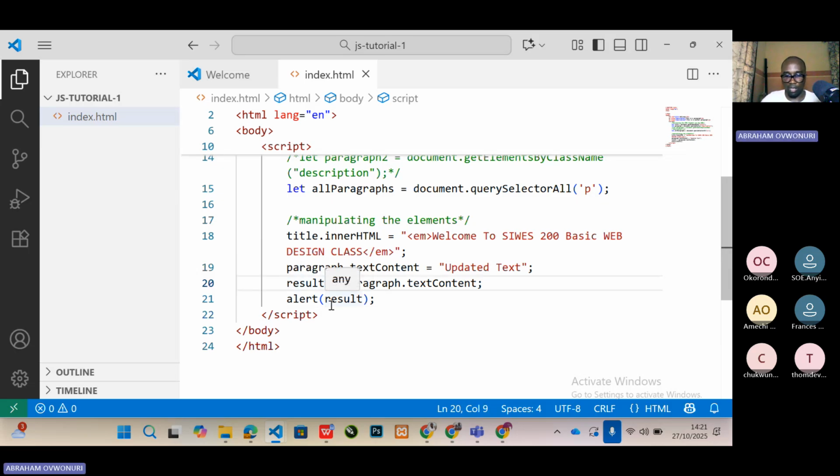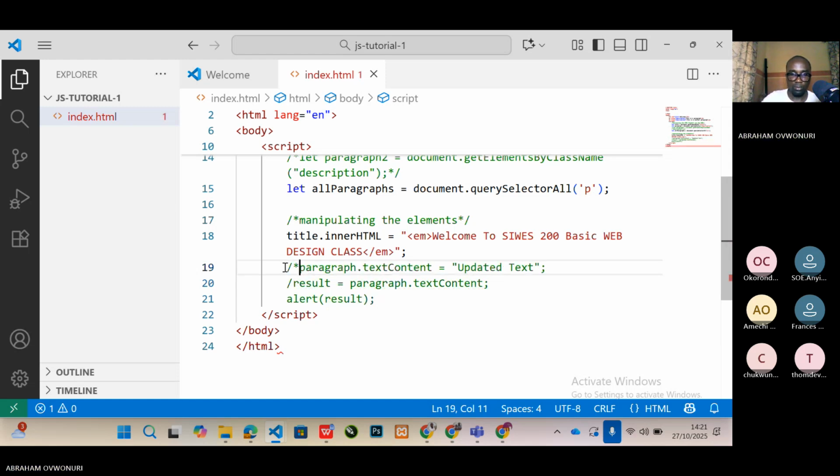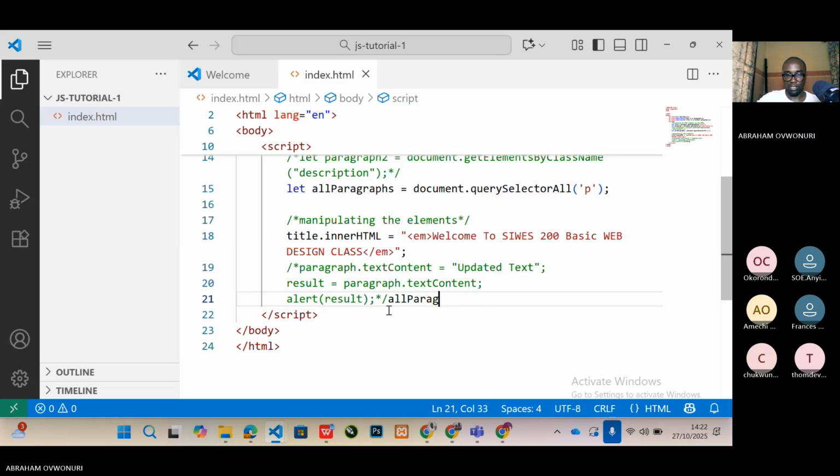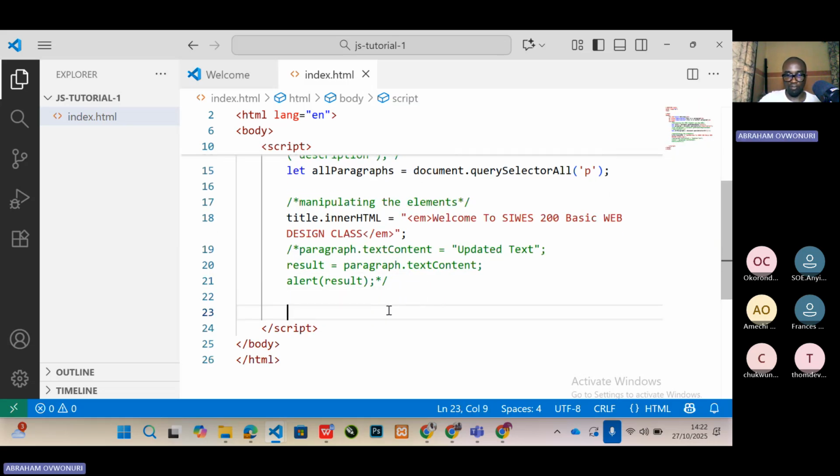Okay, let's not waste our time on this. We'll look at the text content much later. Let's look at other things that we have. We'll work on the text content later and see why it is not like that. So another thing that you can do with JavaScript in terms of manipulation, we'll come back to text content, in terms of manipulation, is to modify attributes. For instance,